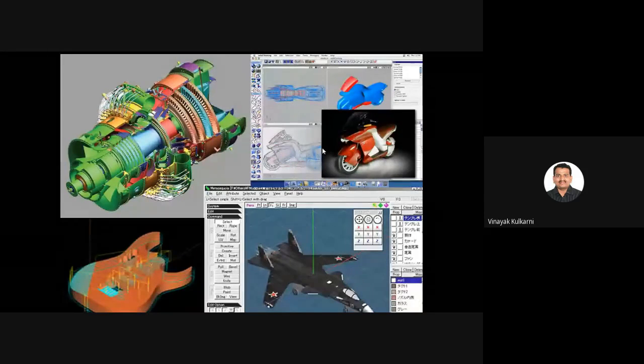So if this thing had to be imagined with the normal drawing, that is just 10 years before, we could never imagine how this bike actually looked like. Now you can see how the bike looks like. You can see how the plane looks like. You can see how the turbine looks like. You can see how the guitar looks like. So before this, we never could imagine that the product would look like this. Now, because of the computers and the softwares, you know how the products look like.